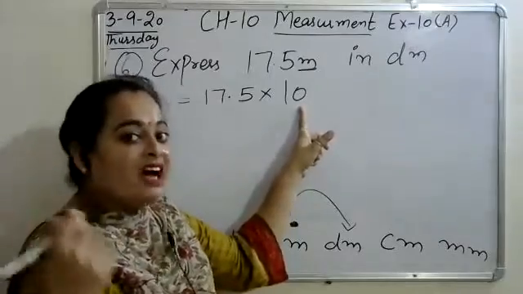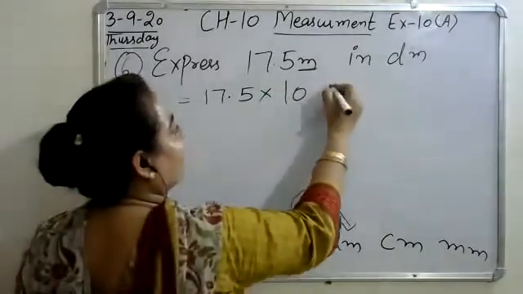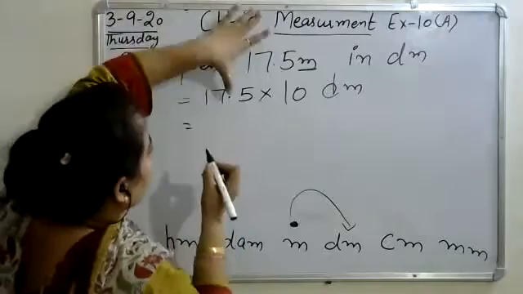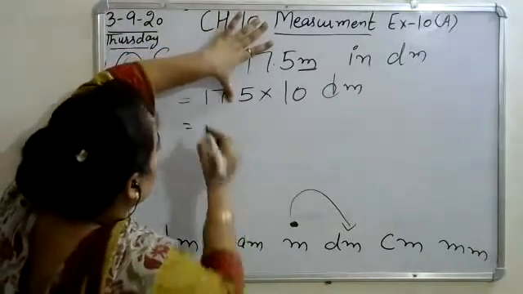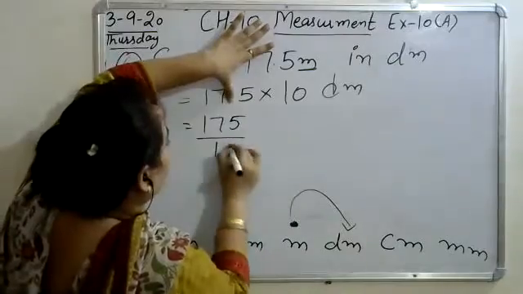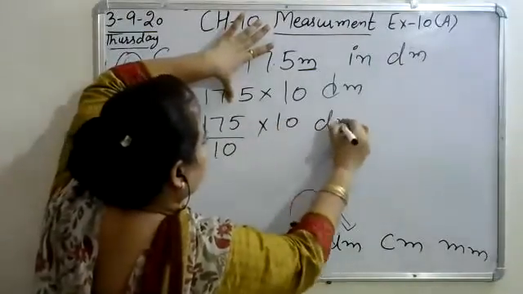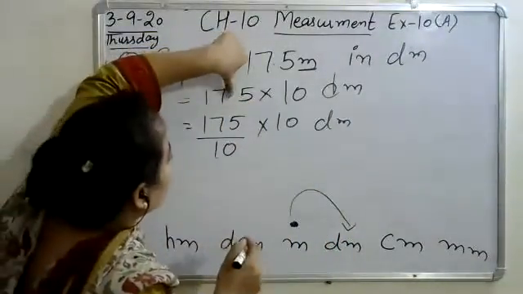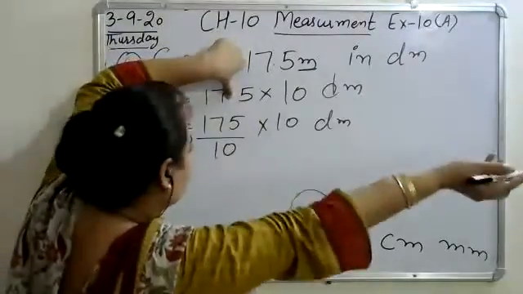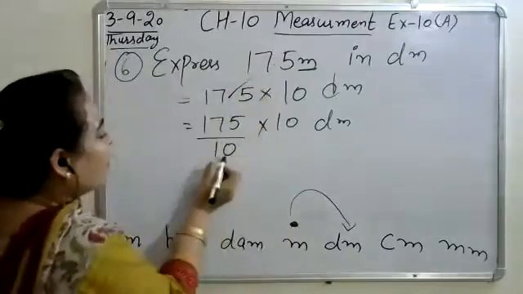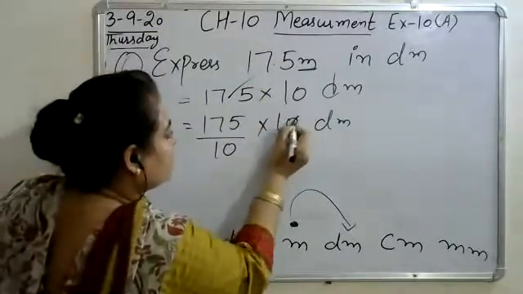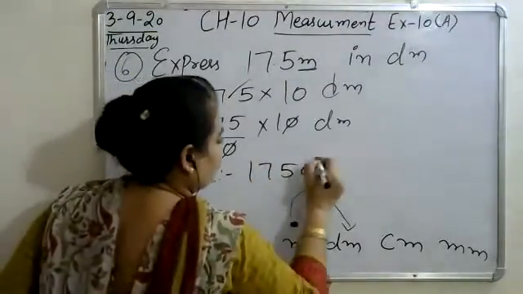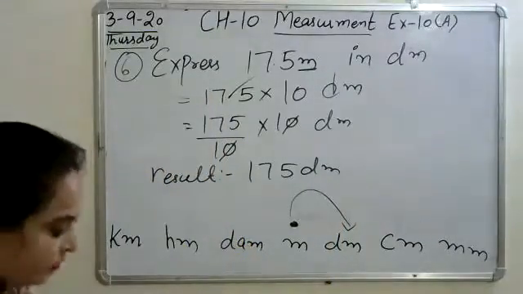When we have completed our conversion, you will not write meter here. You will write decimeter. Now tell me, this is a decimal. So check. Hide it. Ma'am, 175 upon 10 multiplied by 10 decimeter, because always check the right hand side digit. When we hide the decimal, there is one digit on the right hand side, so when we remove the decimal, 10 in the denominator. Now this 0 cuts. So in the result, you will write 175 decimeter. Good efforts. Very good.